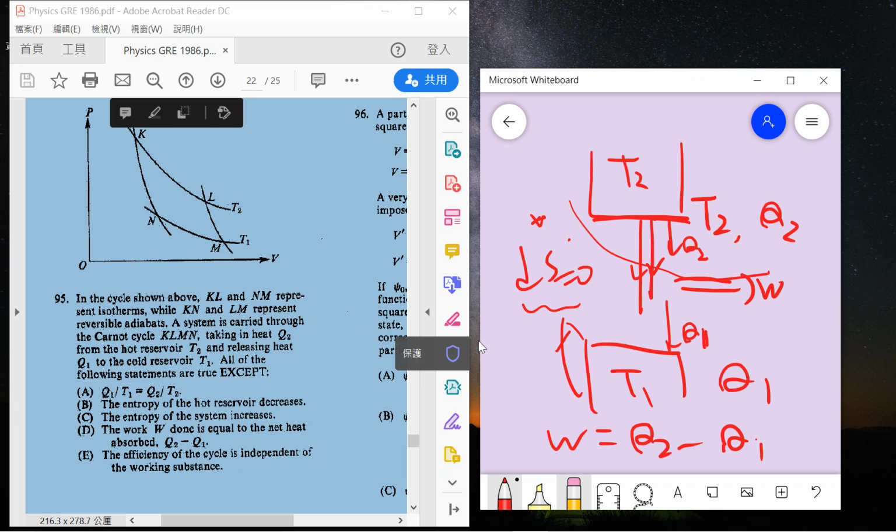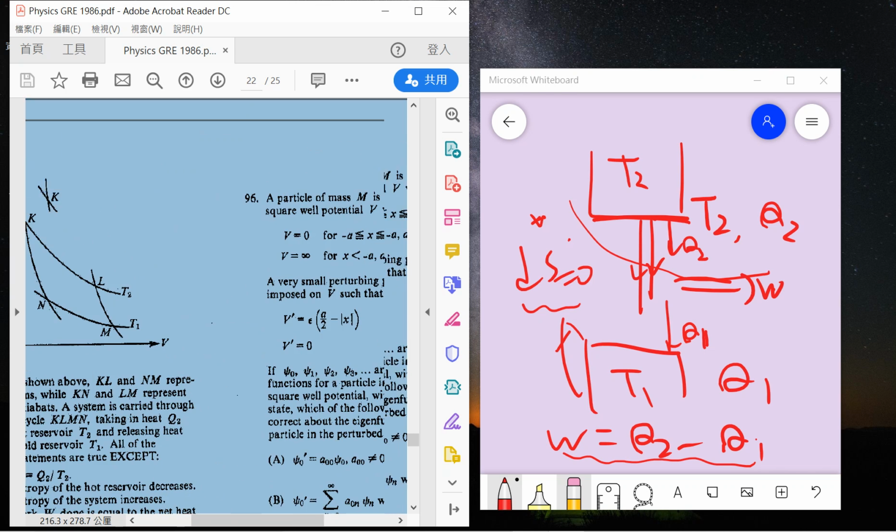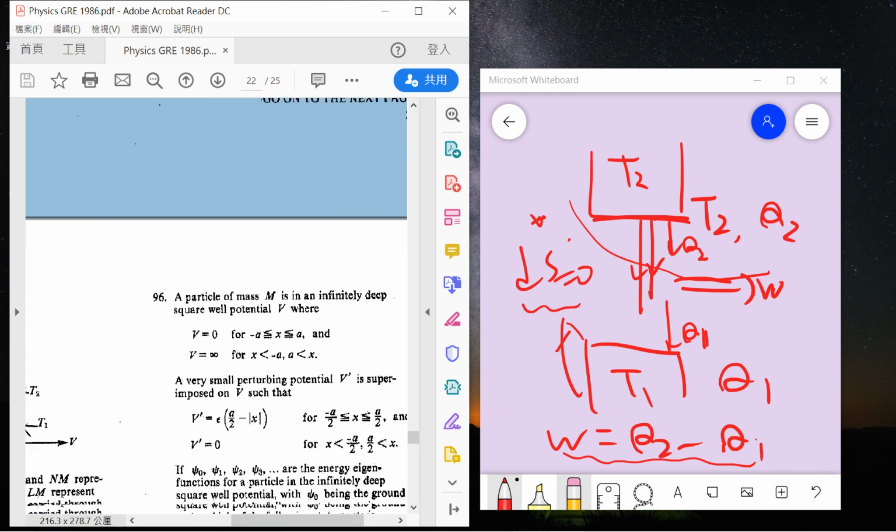And the D is just the net work, right? This is why I wrote, right? Because of energy conservation. And the E says that the efficiency of the cycle is independent of the working substance. Yeah, so basically this is a property of a Carnot cycle. Okay, so 96,